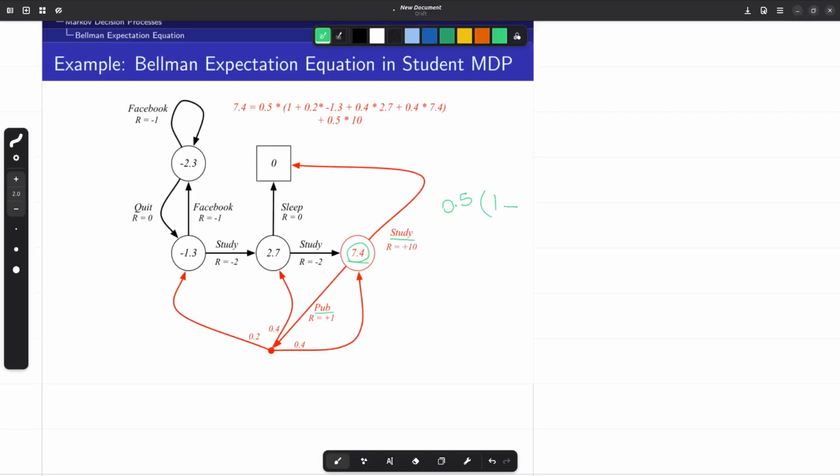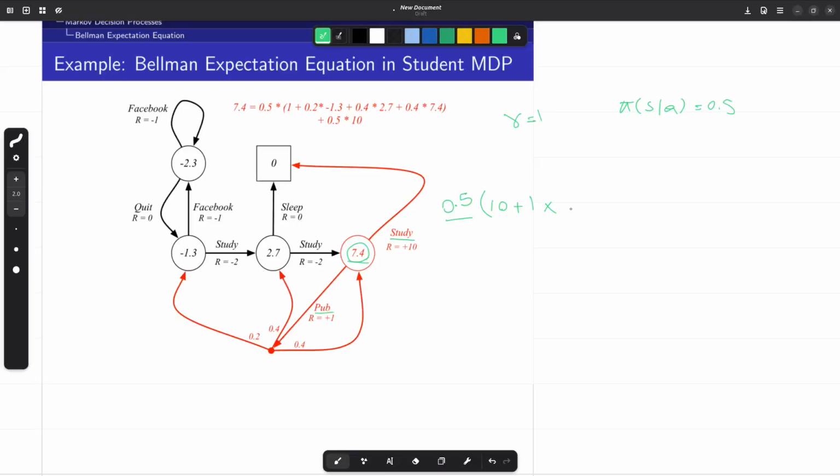So 1 plus, sorry, I made a mistake. The reward that I get after doing that particular action is 10 plus our discount factor. Here, our discount factor is equal to 1. Our policy was that in all of the states and actions, our probabilities were 0.5. So the probability of choosing an action times the reward that we get plus our discount factor, which is 1, times